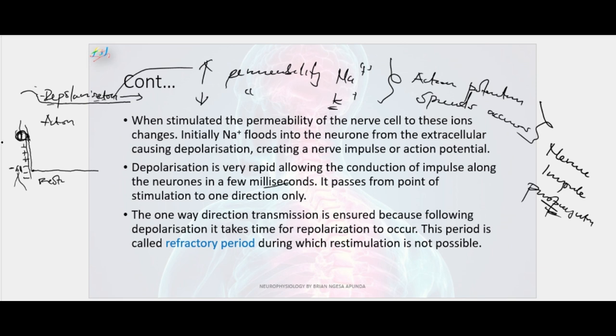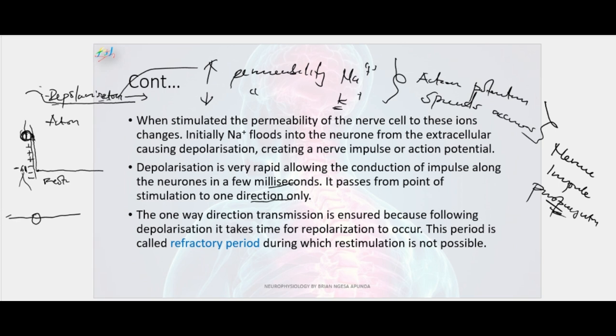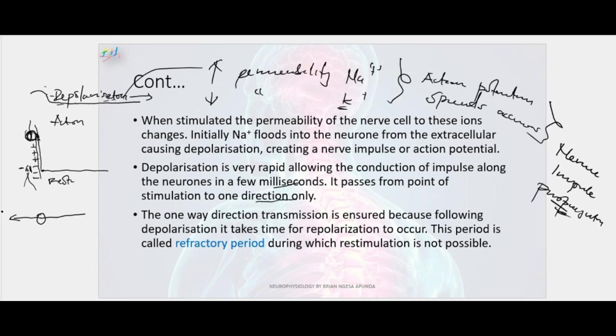It passes from a point of stimulation in one direction only. So it's likely to move in one direction. Note that we are having some signal moving to this other side. So the direction of the depolarization is normally a one-direction thing. The same way we were able to see with the GIT, why we were having our peristalsis moving from the oral toward the anal area. So that is a similarity when it comes to the propagation